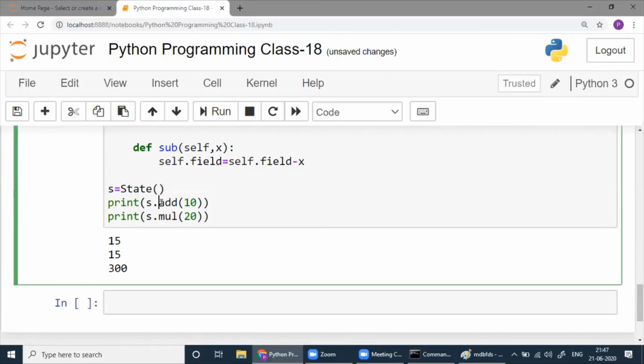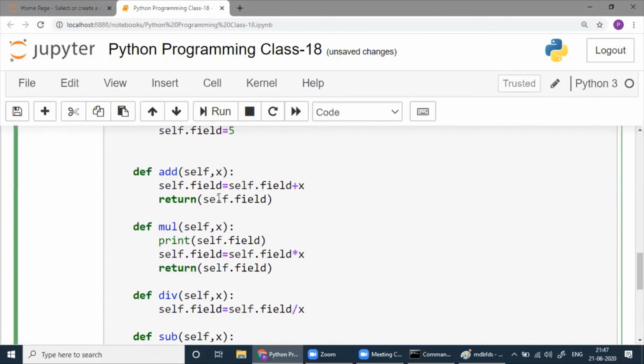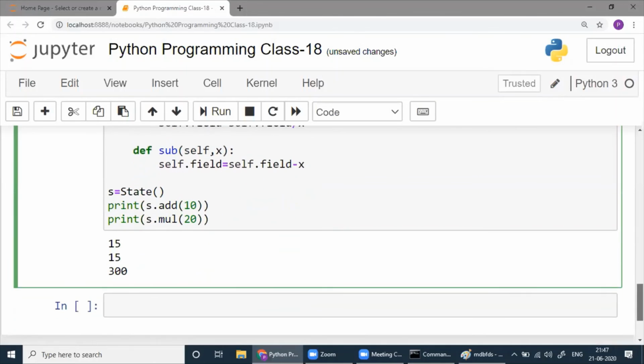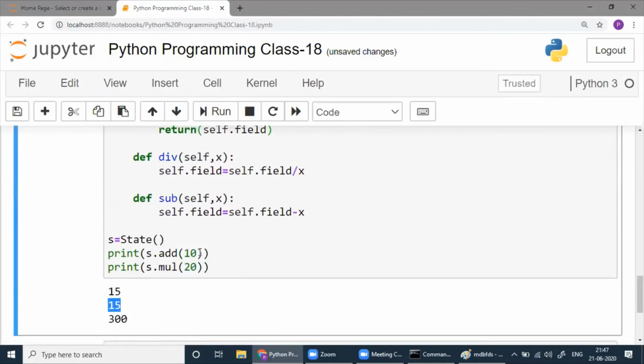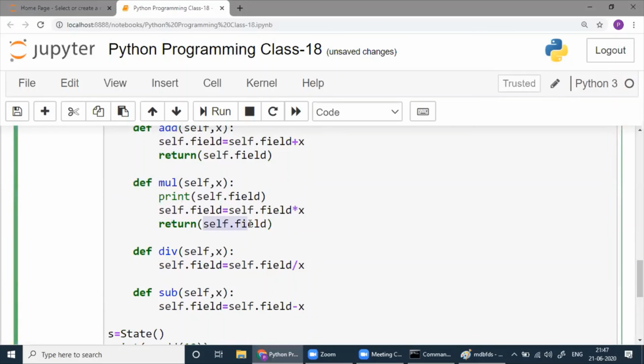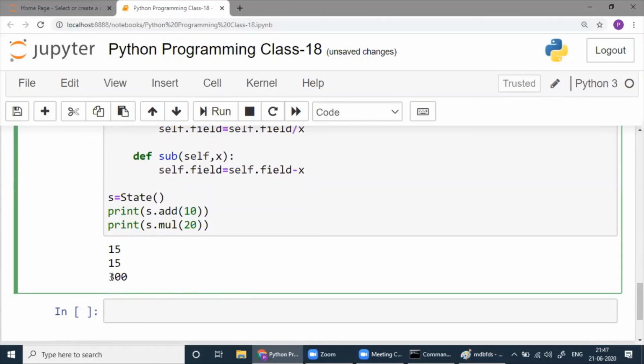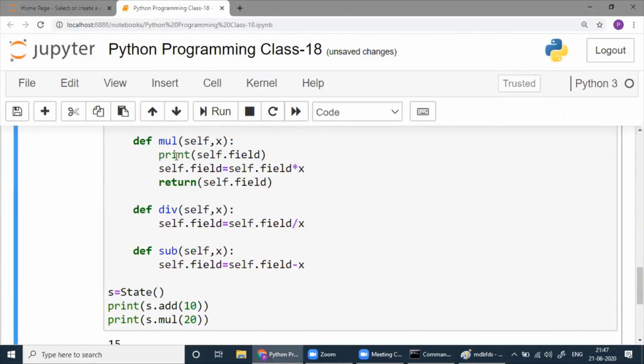S.add, when you wrote, we wrote return, that we printed, we got 15, and then we printed this one. Then we got 15. Then we returned something, that we printed here. So this is the returned value printed for the second method, the returned value printed for the first method, and this one printed as a part of the print statement.